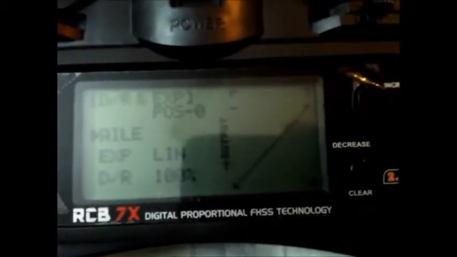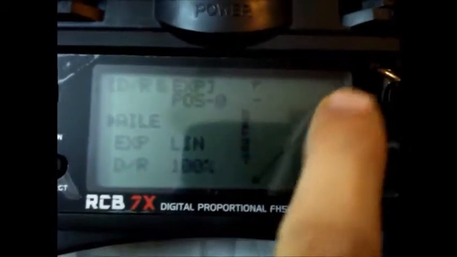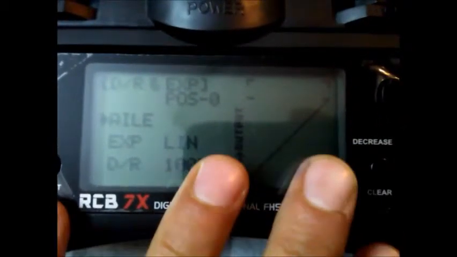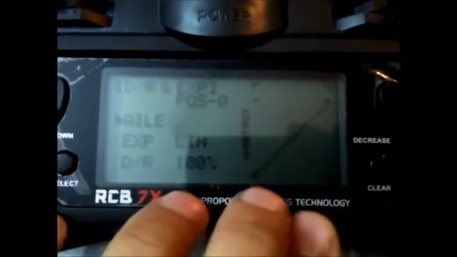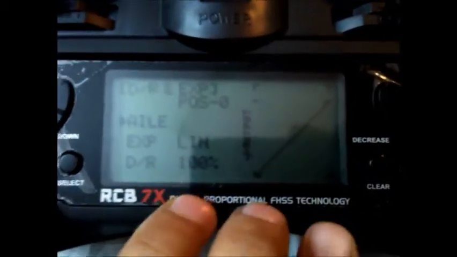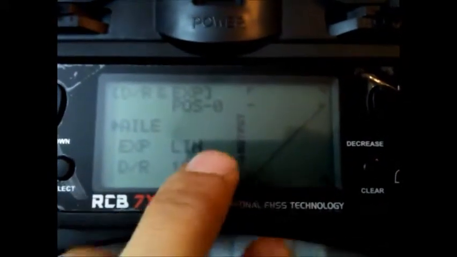Okay, so this menu shows us the dual rate and Expo function. Right now it shows aileron. If we select it from dual rate, or increase and decrease, we can see rudder, we can see elevator, and then we're back to aileron. Right now it has a linear line, but you can adjust it as per your need. I'm not going to do an explanation of this feature, but it's just to show you that this is an excellent menu to add Expo or dual rates to your models,